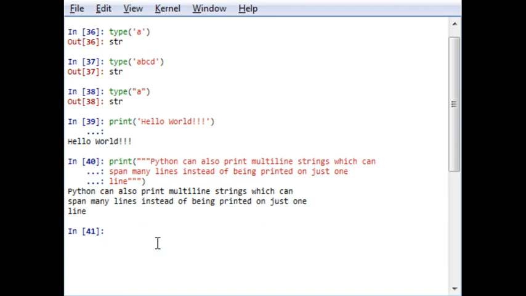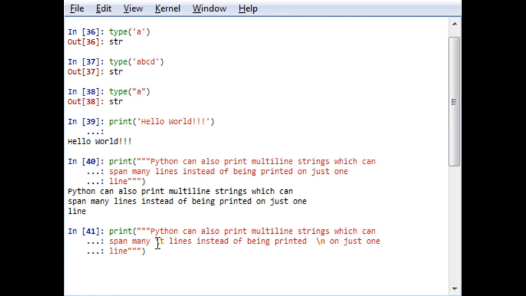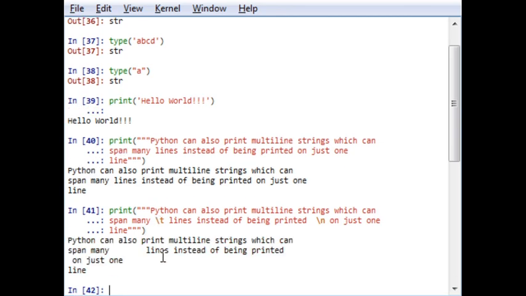Here at the end of this I'm going to write enter. So here I have got a tab, and from here this \n on just one line has been entered to the new line, or the next line.